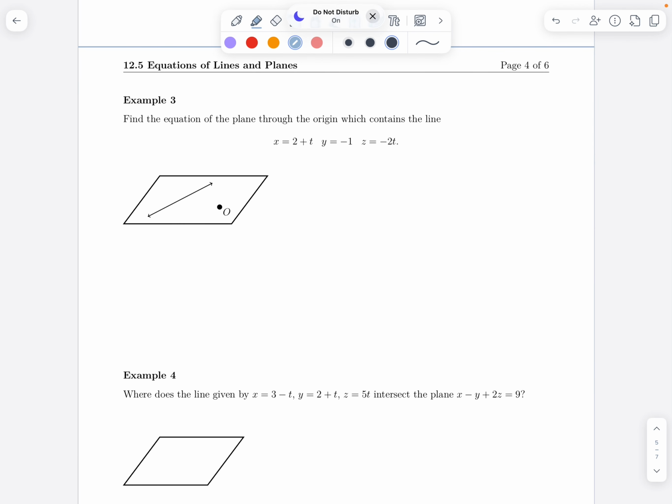So this video goes over example 3, which is asking us to find the equation of a plane, and we have some information about that plane, but what we want to focus on is the fact that we are looking to find the equation of a plane, which means there are specific ingredients that we need in order to do that. To write the equation of a plane, you need a point on the plane,